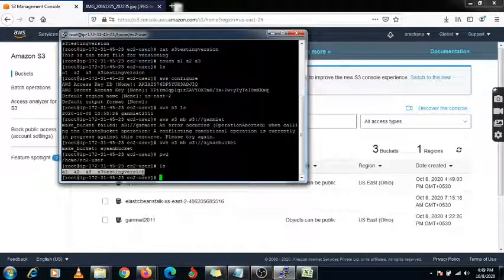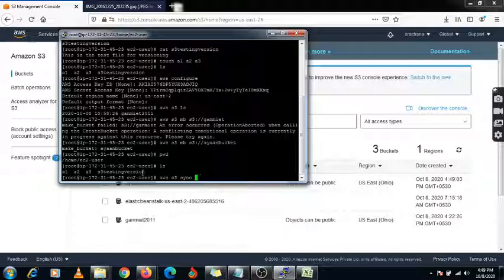So if you want to synchronize your data with the S3 bucket, how can you do it? I am under the same path. You need to put down the command, that is aws s3 sync. If you want to keep all this data under this S3 bucket, you can select dot.